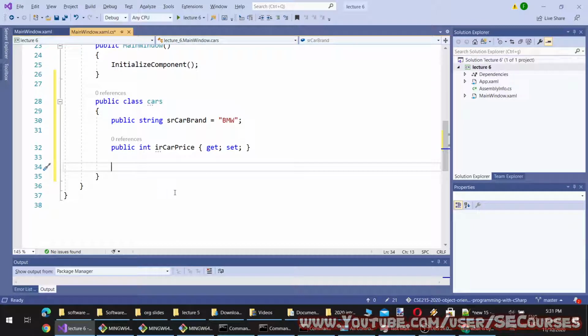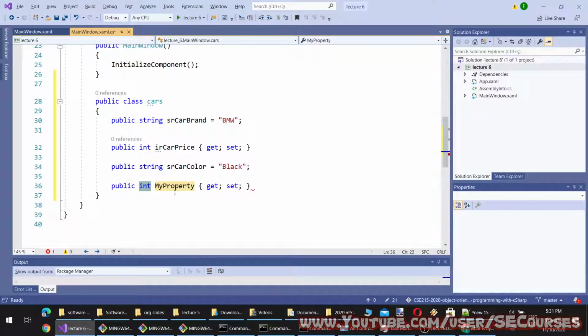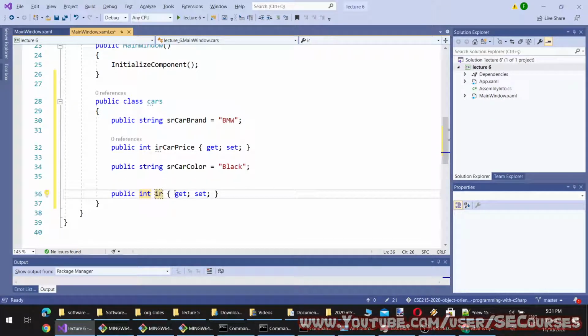Then let's give it some more properties. Color. By default, I'm going to make it black. And car weight.